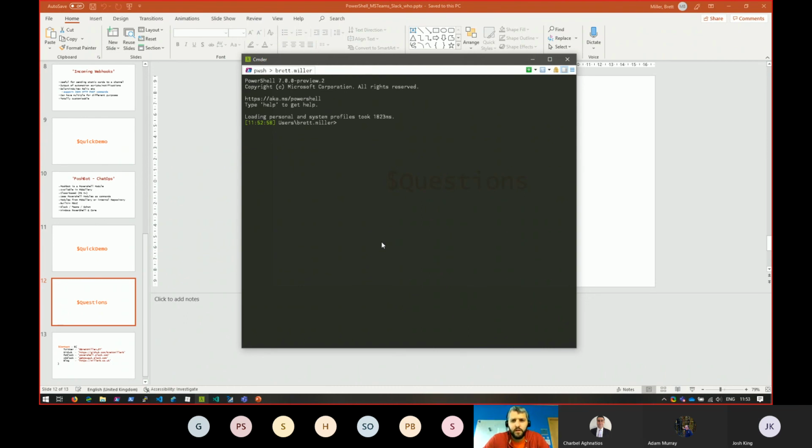2. And with 1807 and the RSAT tools built in as an additional feature, I can use select. What? Oh, I'm on guest Wi-Fi, which doesn't have AD connectivity. But at least it gave you the right error message.